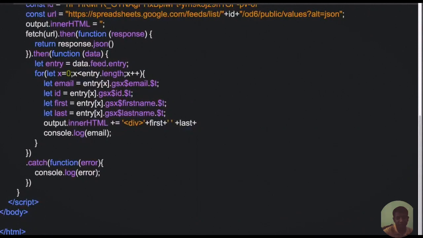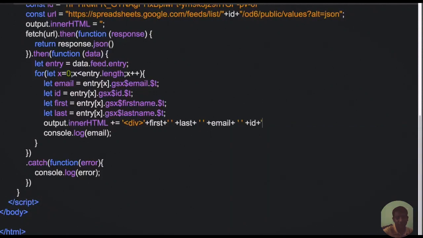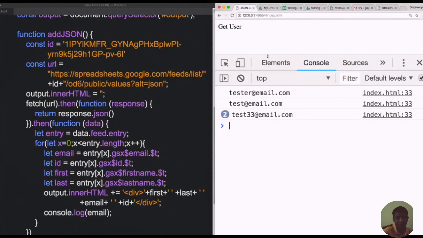Then this is going to contain the last name, and I'll space that out. And then next, let's do our email address. Again, this is just spacing it out, and of course, you can style it probably way better than what I'm doing here. Then we'll just close off that div. Now I think we are ready to try this out and see what it looks like within our web